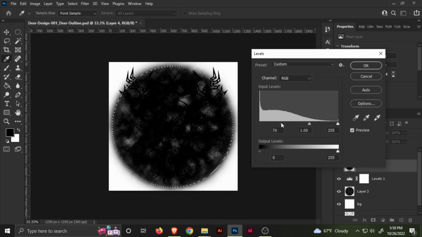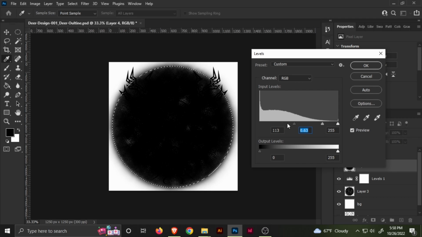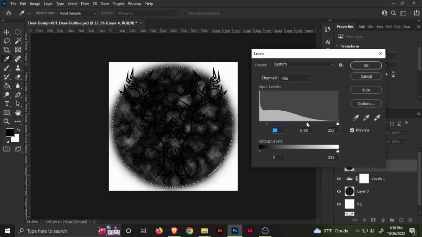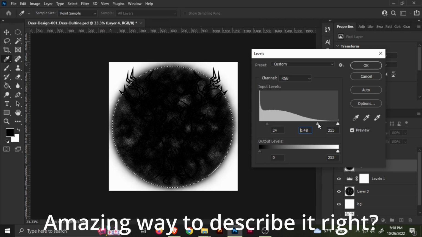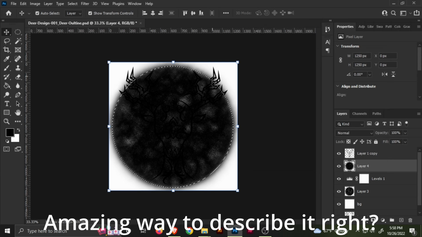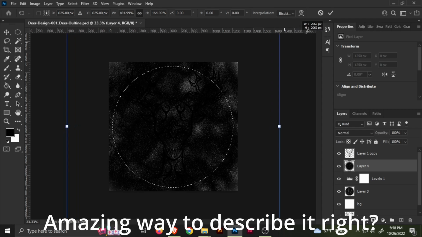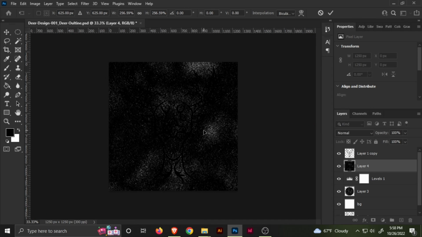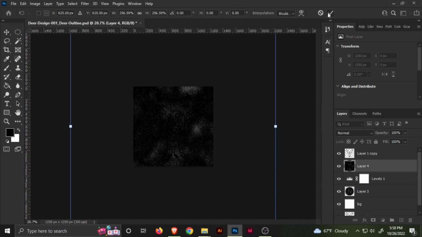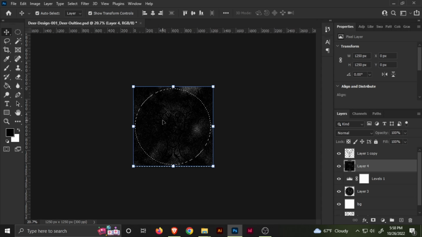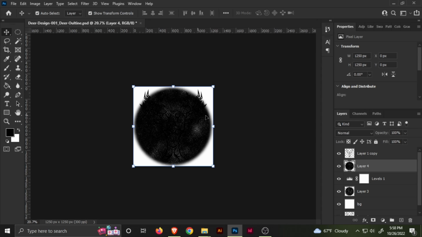And when you play around with the levels, it makes the darker darker and the lighter lighter depending on how you move it. If that makes any sense at all. And then what I do is just expand it so that it gives you the bigger stars, technically,